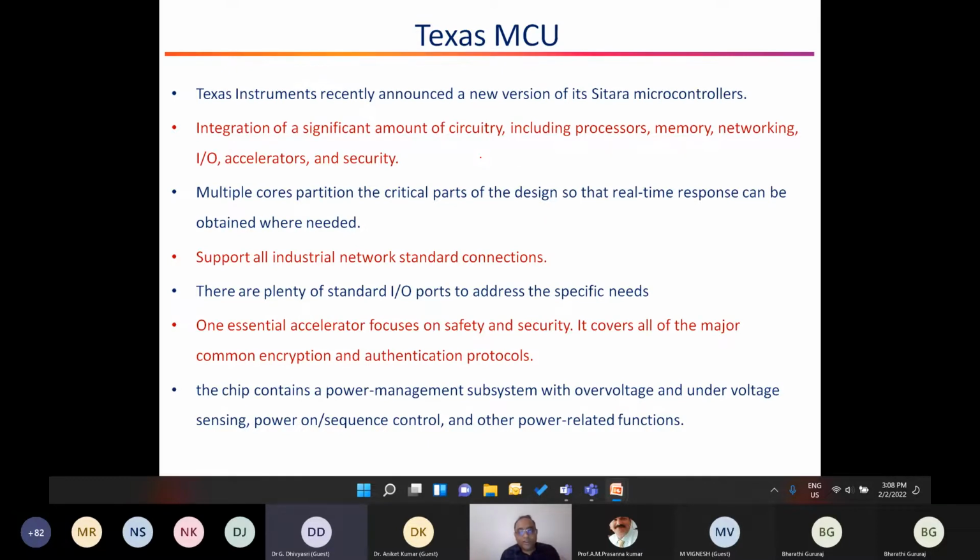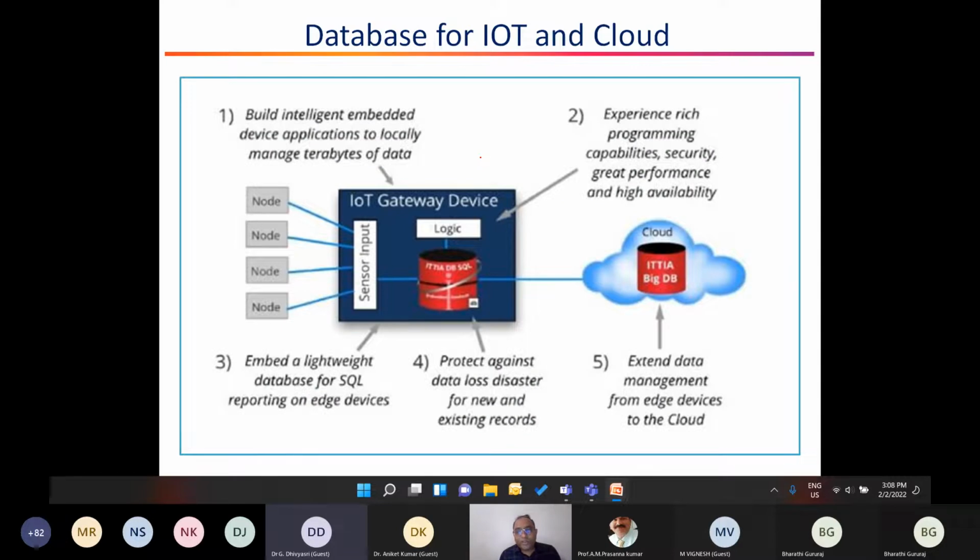So it's not only that, even the database management that we employ for IoT and cloud has to have balanced hardware. As somebody was asking, what happens if there is a single line failure? We should have the right kind of structure where these things are always looked after. It is very essential that we build the right database with the right set of embedded devices in place, and we will be able to protect it against any malfunctions. So even choosing the right database management is always going to be a challenge.